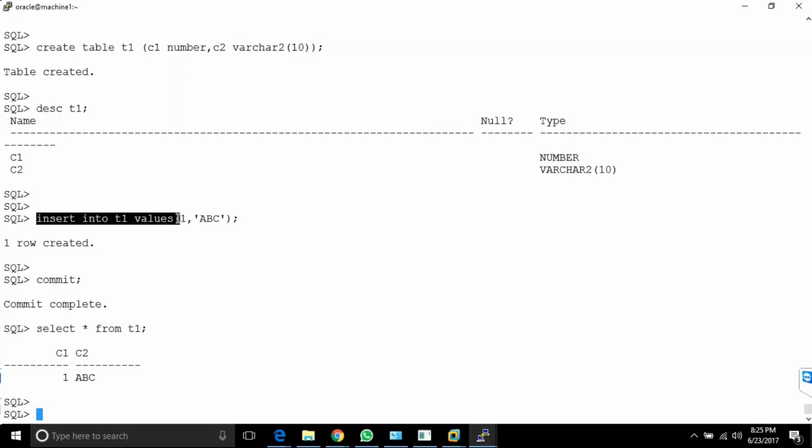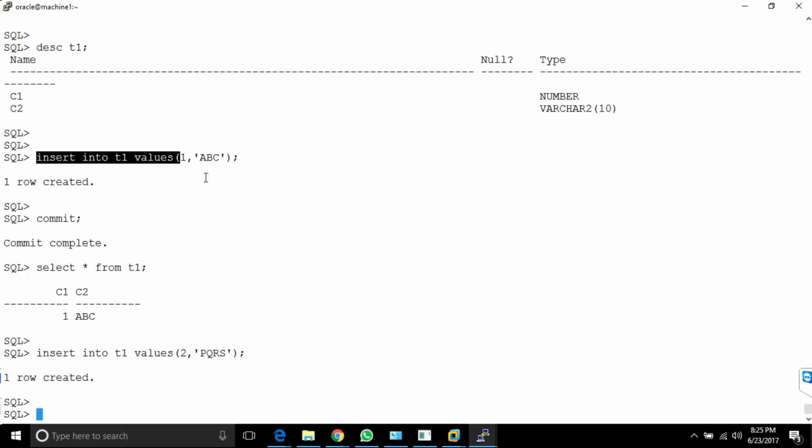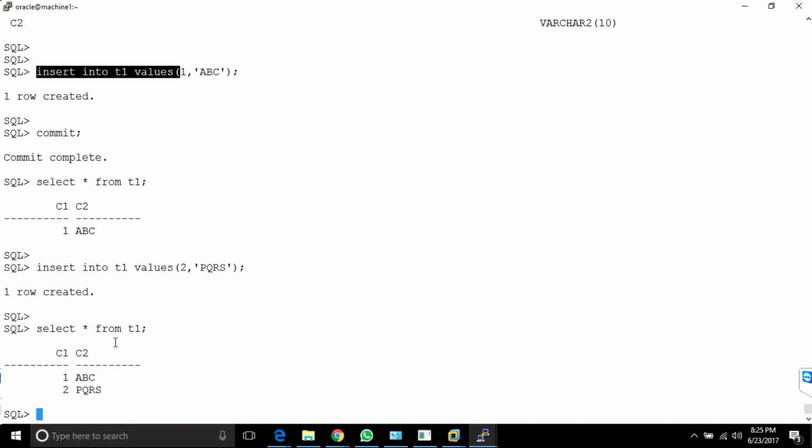So insert one more value. Let's say 2, comma PQRS, single quotation closed, bracket closed, semicolon, enter. Select star from T1. You will see the value got inserted, but this value is not permanent because we haven't specified commit, right? So Oracle gives us the option if in case you inserted any value and you want to